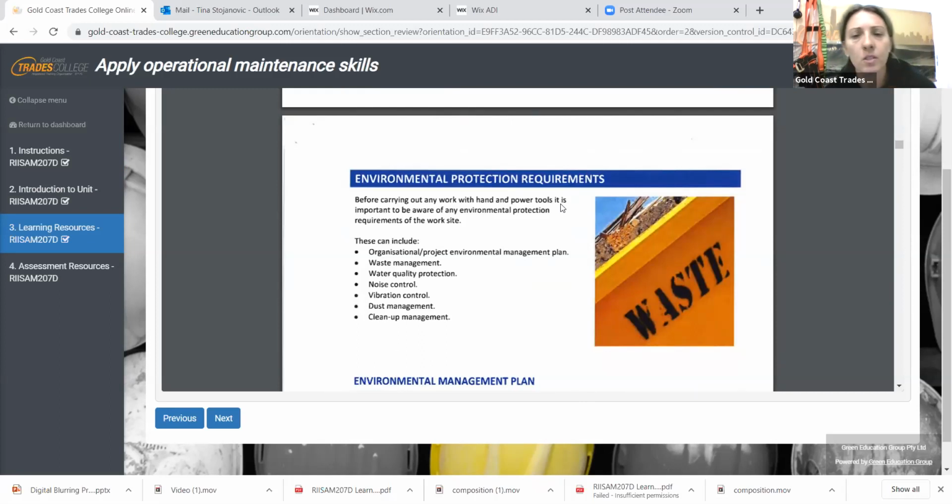All right, environmental protection requirements. So question 11. Before carrying out any work with hand or power tools, it's important to be aware of any environmental protection requirements of the site. So what they mean by that is if you're working in a state forest or something like that, you need to know that any of the trees you're chopping down aren't protected. Okay, so if certain trees are protected, you're not allowed to take them down, or quarries and things like that,